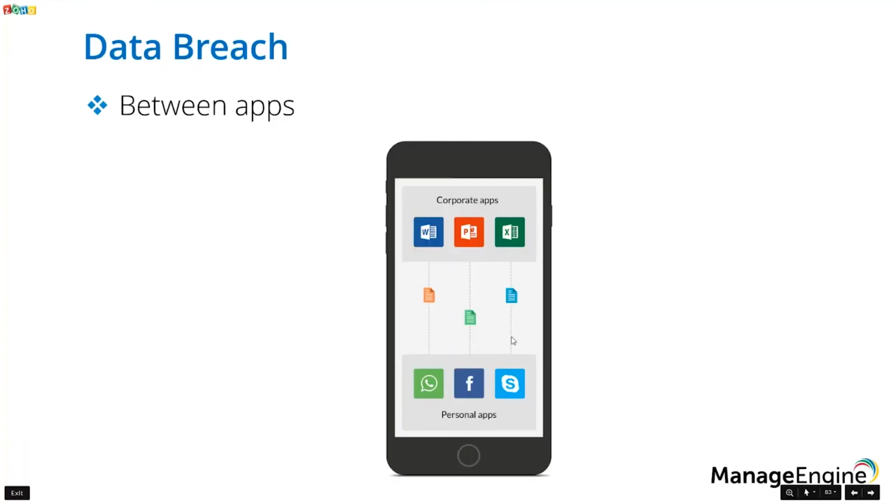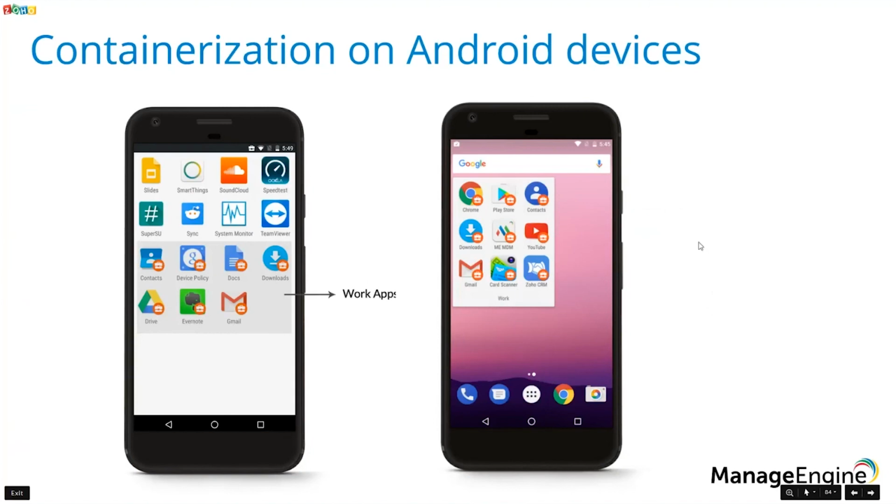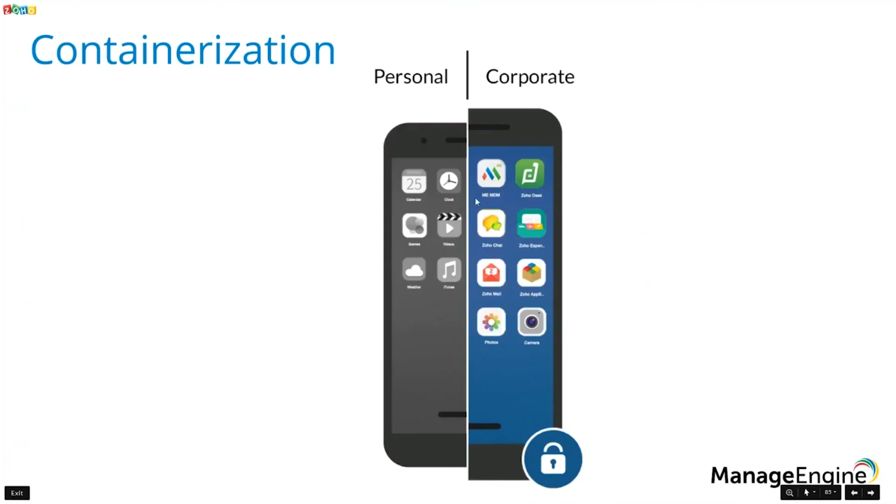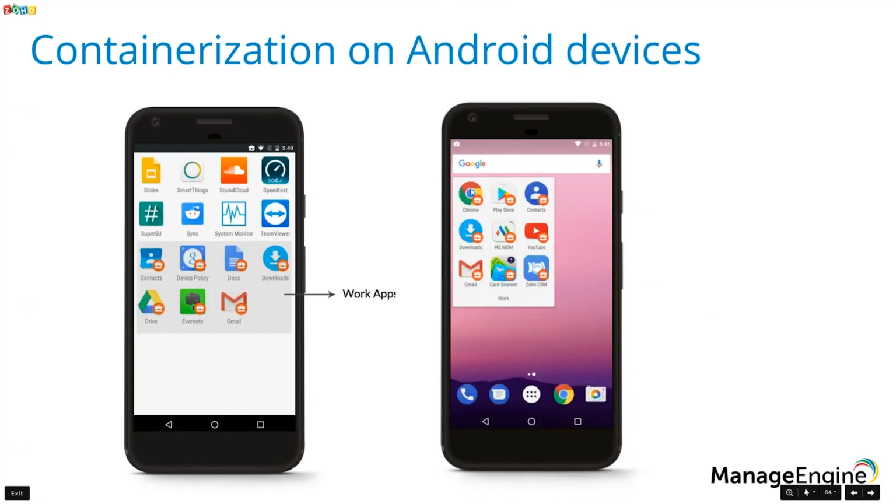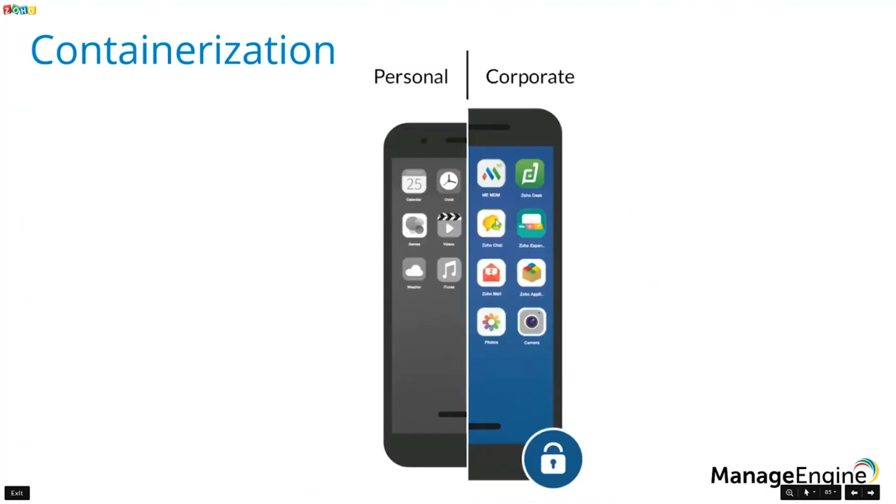like on the devices. So this is how the containerization looks on the devices, where you see a separate briefcase icon on the work application. And when it comes to Apple devices, you will not be able to see any difference on the UI. But when it comes to functionality, the same applies. Like when an Apple user tries to transfer a file from a work app, the apps which are distributed through our product, to a personal application, then the restrictions will apply. For Android, you can see a separate briefcase icon on the applications which are distributed, or a separate workspace like this. But for Apple, there will not be any difference on the UI. But when they try to share files or take a screenshot and so on, then the restrictions will get applied